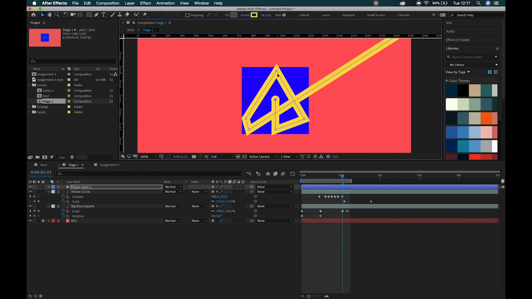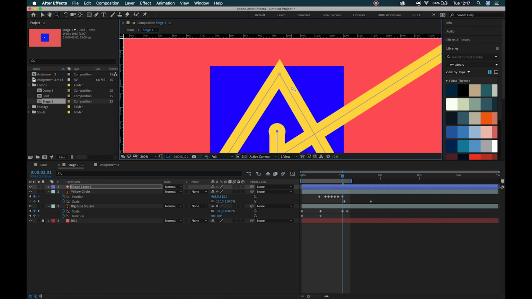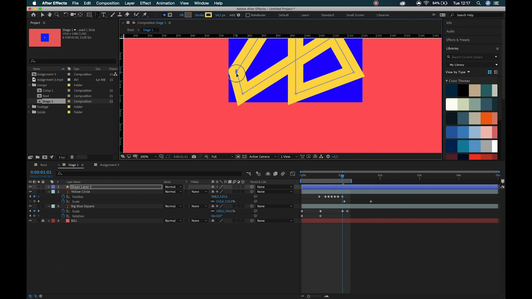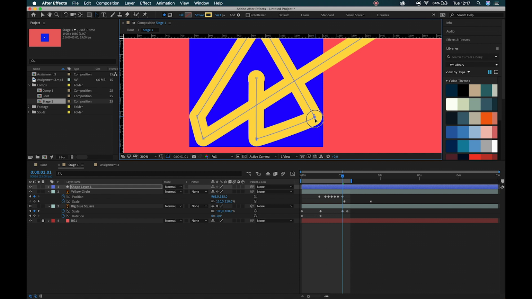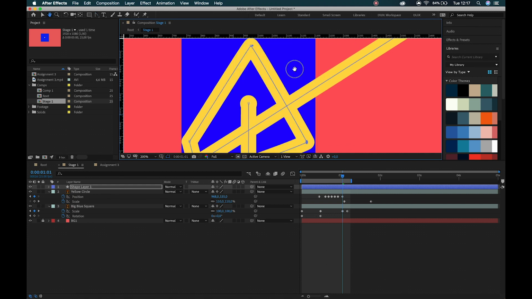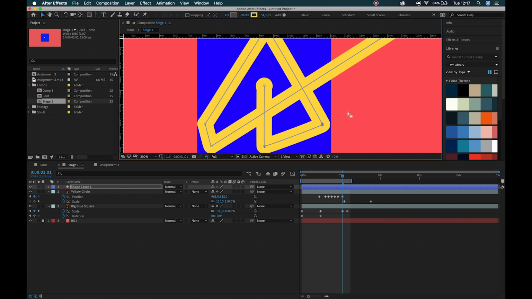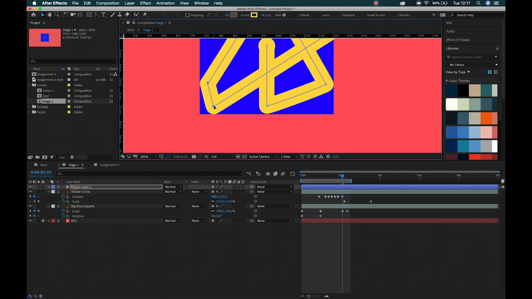Okay, so you'll see that we've got all these really sort of sharp edges now sticking outside the square. So what we can do with these is we can grab our convert vertex tool and we can introduce a very, very subtle arc to that, and that's just going to round out that corner for us. Alright, so notice that I'm not trying to adjust the path or add too much of a skew relationship to that path. I just want to mitigate my sharp angles. Alrighty, so with that done, I can now then adjust as necessary to make sure that it's touching where it needs to touch. And then